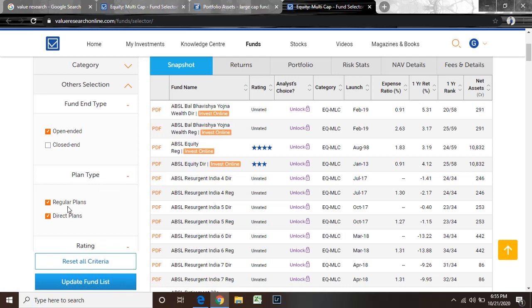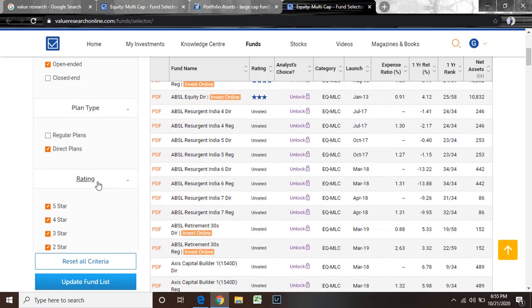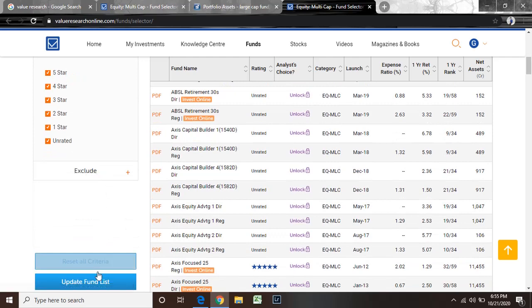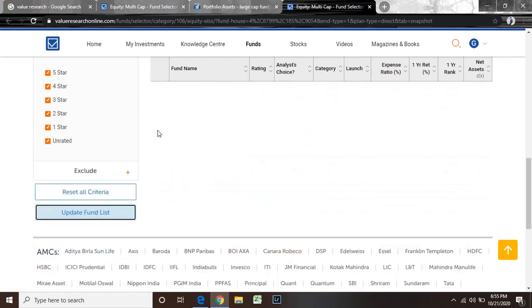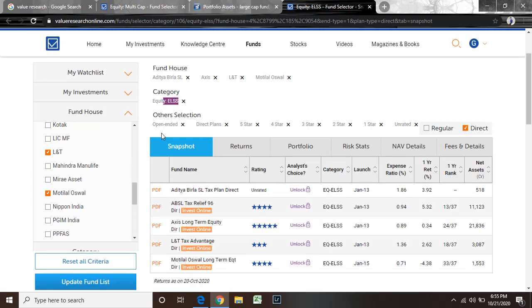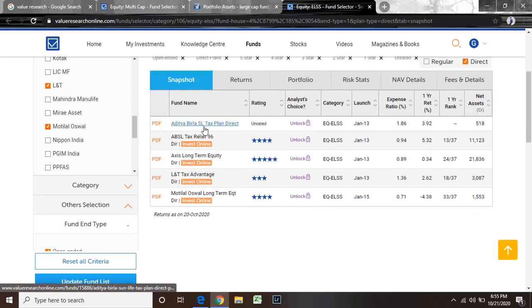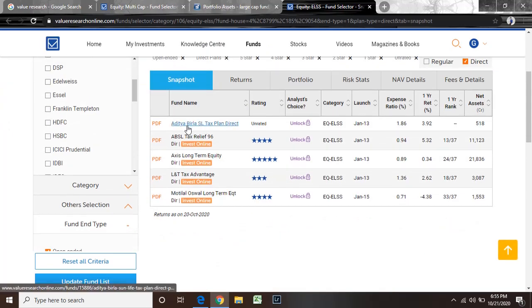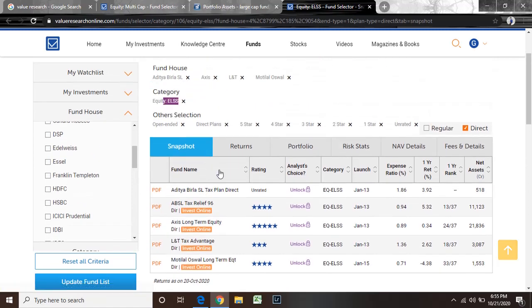Then these are some ratings which are given to the mutual funds. I will select all for now, and then update the fund list. When I update the fund list, it will fetch all the filters and give me the mutual fund plans for the ELSS category. Now I can see that I selected 5 mutual fund houses, and for each fund house there is one plan which comes under ELSS, that is tax saving. All 5 plans of the 5 fund houses have appeared, and a rating has been given,